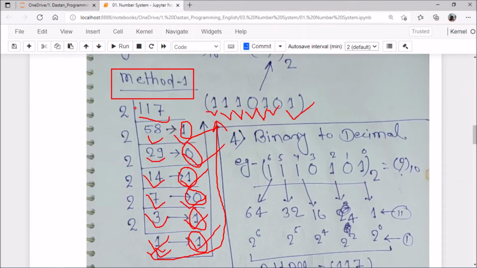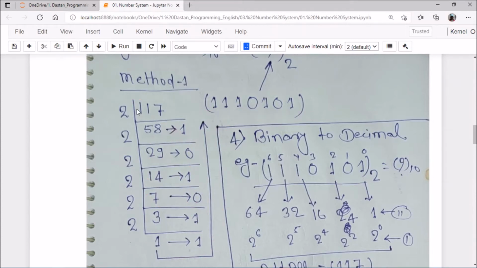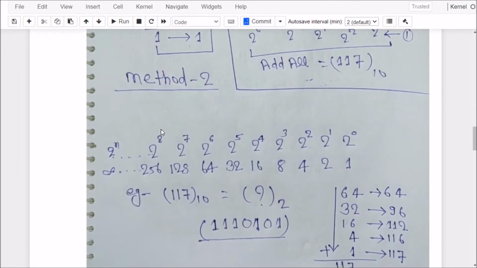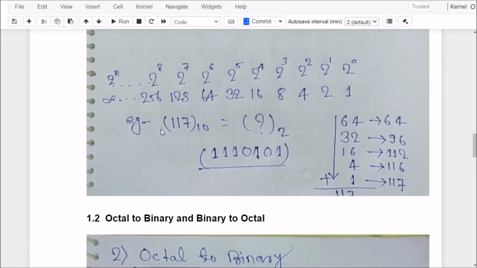In the programming section we have to make ourselves as smart as we can. So the second way is some kind of smarter way, we can say. Just think about the second method.